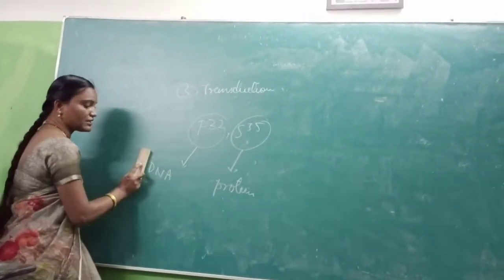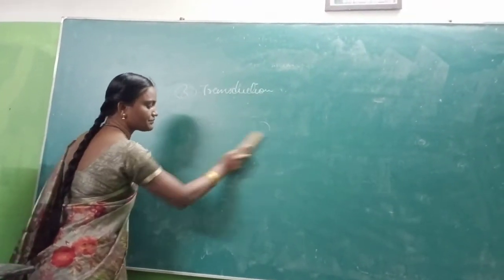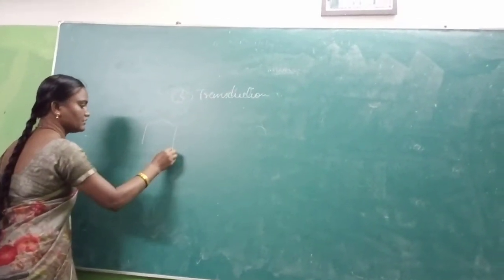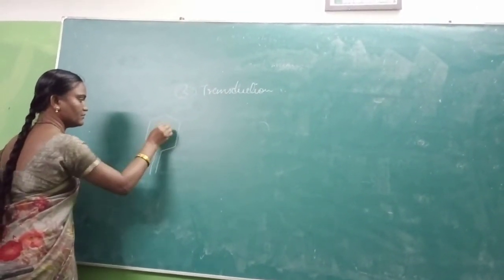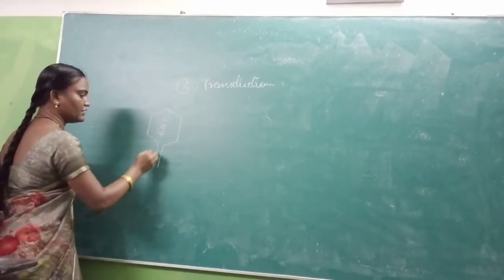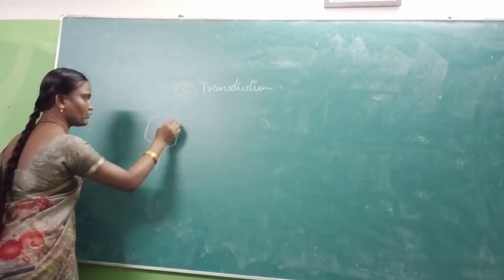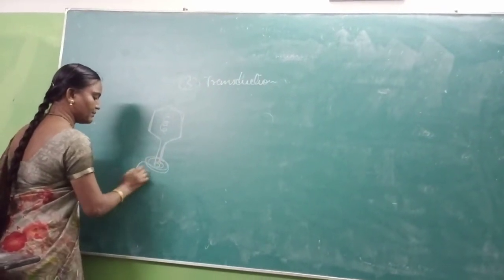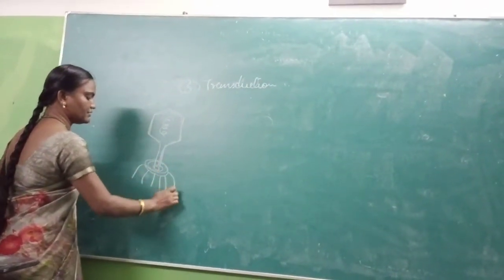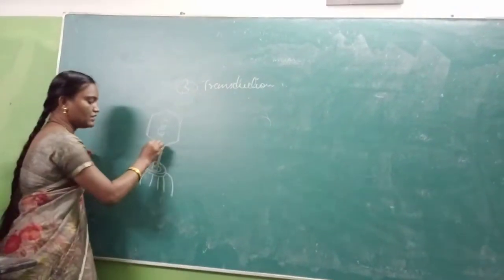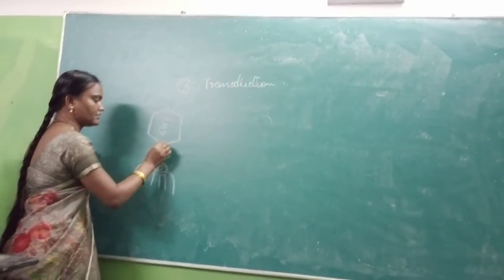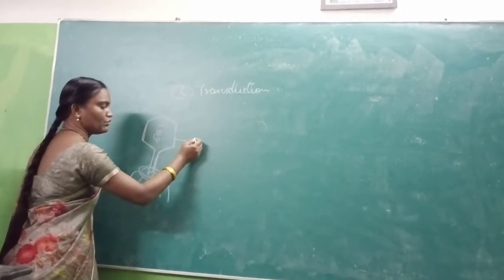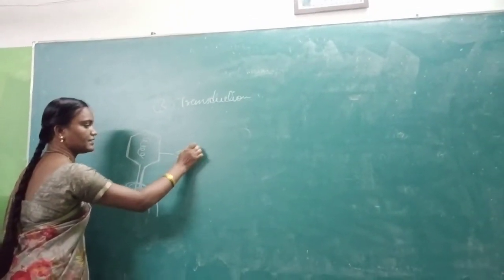So, coming to the structure of bacteriophage. This is the structure of bacteriophage. This is your phage DNA, and this is the outer protein coat, and this is the spike plate, and these are the plate spikes. Now this is the neck, and this is the collar. This is the outer protein coat, and this outer protein coat is radio-labeled with S35.